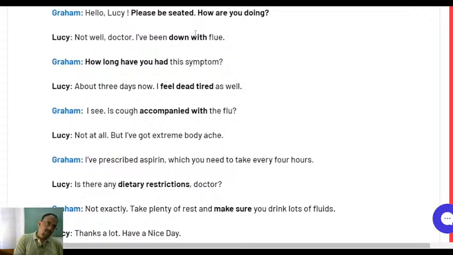Okay, so Graham, being a doctor, a patient went to him. Therefore, as the patient is a visitor, Graham is courteous enough to ask her to be seated. So, please be seated. Please take your seat, or please be seated is more standard, right? So that you know, of course.